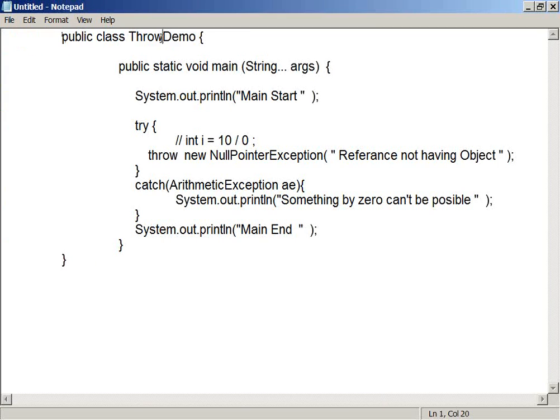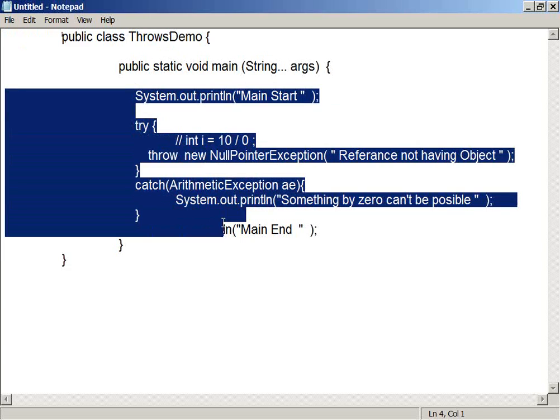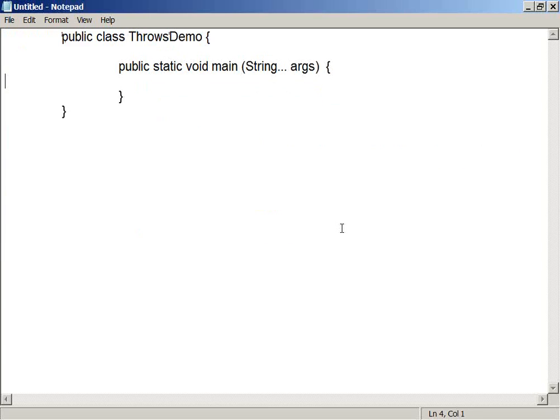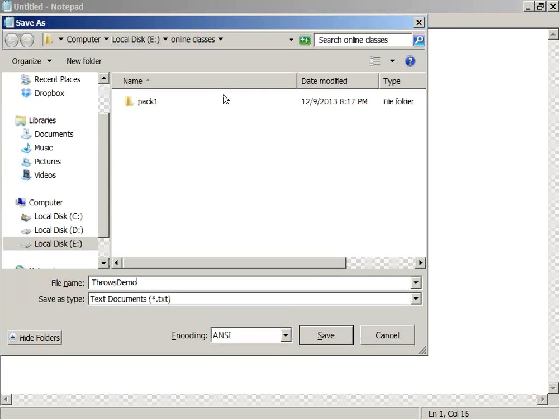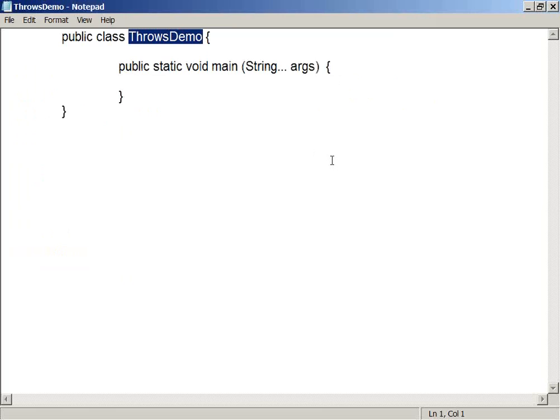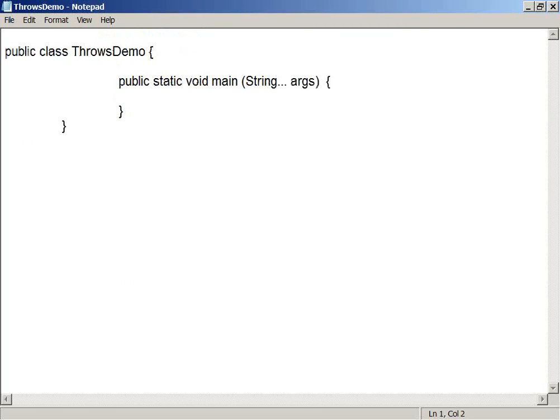I will change the program name to ThrowsDemo and remove everything here. This is the most confusing and most important interview question point, so get ready for this. If anybody asks questions in an interview, you can definitely expect one question on this topic. Without this question on exceptions, no interview will be completed.